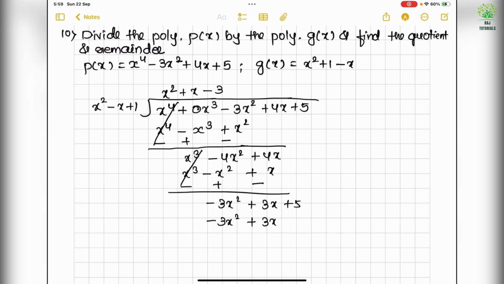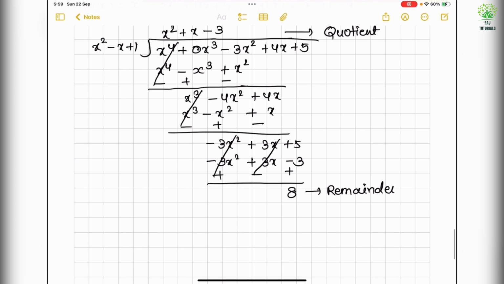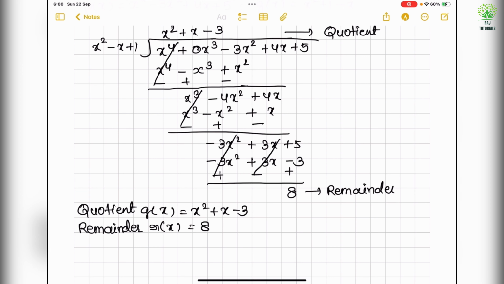So when I multiply it with minus 3, so minus 3x square plus 3x minus 3, again changing the signs, 8. So this is my quotient and remainder. Quotient q of x equal to x square plus x minus 3 and remainder